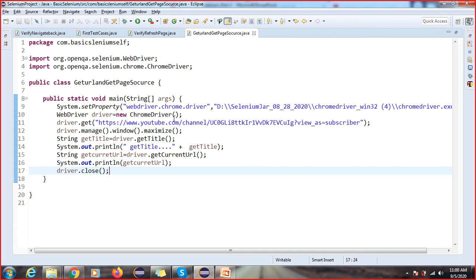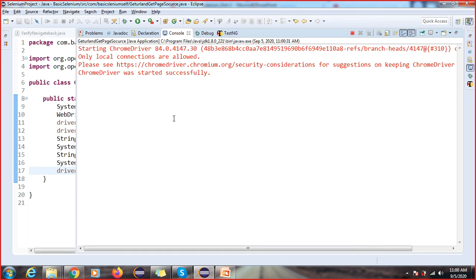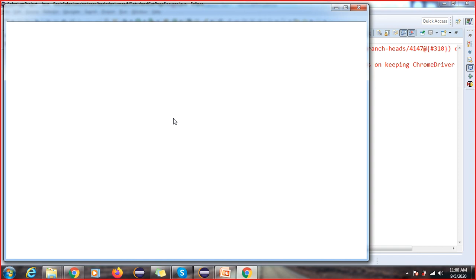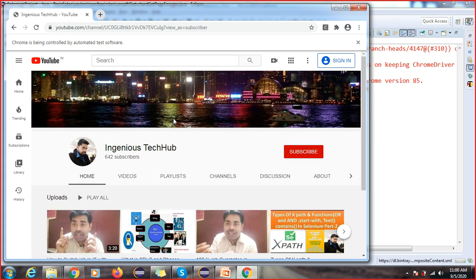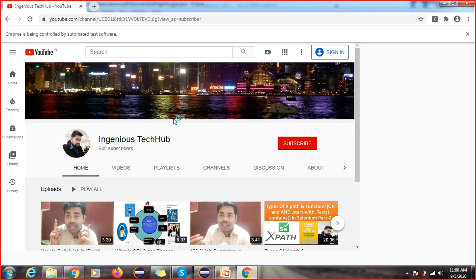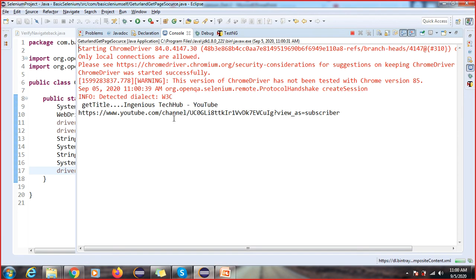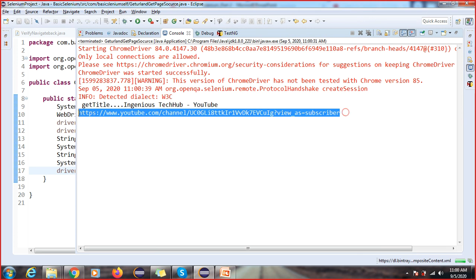So simply we are learning the methods. What is the use of this method? We are not implementing the method, but in Selenium or in automation or any coding, you have to create your own method. You can see this is the URL, get URL. This is the value it is printing.